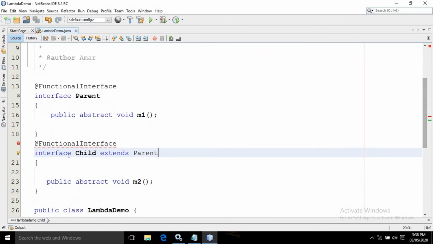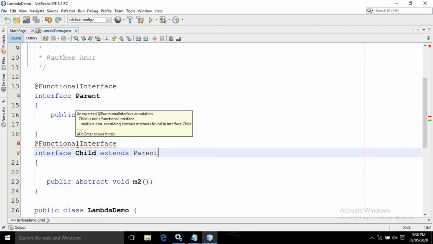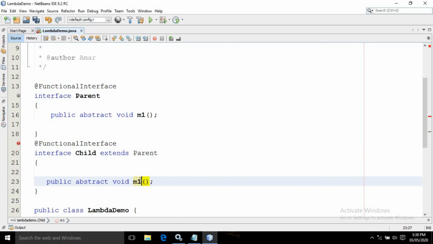So the Child interface contains two abstract methods, which is against the rule of a functional interface, and hence it is generating an error. But if I declare the method as m1, then it is not generating an error. This means if inside the Child interface we declare a method with the same signature as present in the Parent, it will not generate any error. This is the concept of functional interface with respect to inheritance.